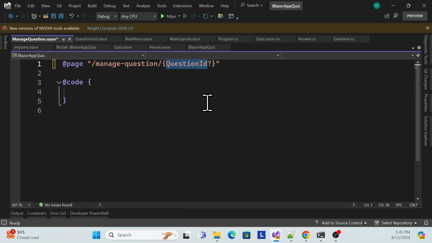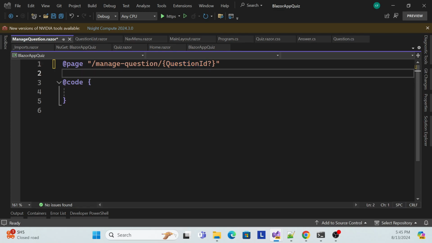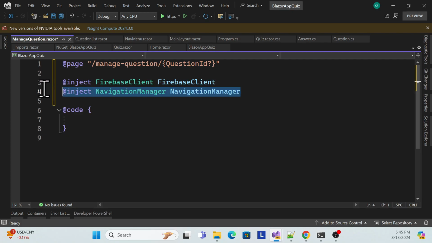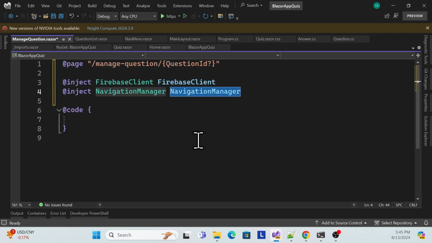And if I pass a question ID, that means edit. If it is not passed a question ID, then it is simply a new question, meaning add a question. So what I can do first is add these things, right? That means the Firebase client injected and the navigation manager also injected. And then we have to